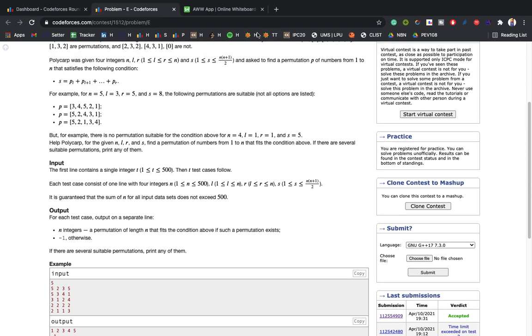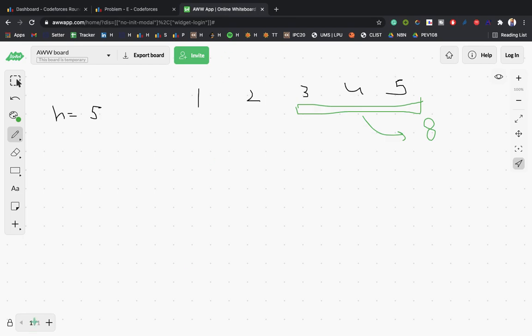In this case, L is 3 and R is 5, so the range has 3 numbers. We have to find a subsequence of size 3 which gives the sum 8. Here the answer will be 5, 2 and 1, which gives the sum of 8 with size 3.